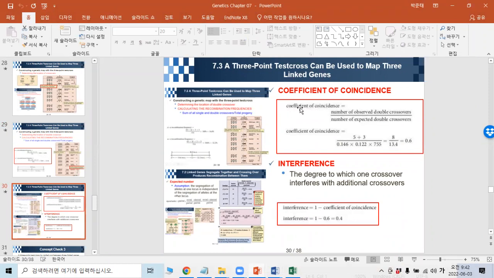Coefficient of coincidence means the number of observed double crossovers divided by the number of expected double crossovers. The number of observed double crossovers is 5 plus 3, and the number of expected double crossovers is the total number times the frequency of the